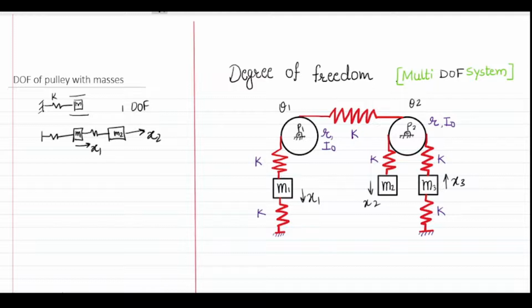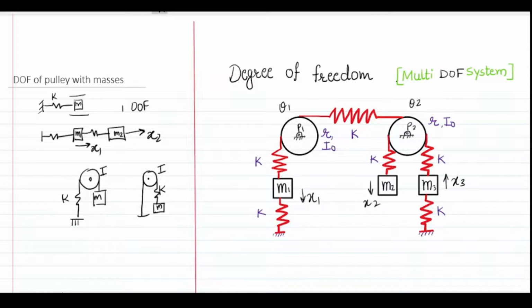If we have a pulley connected with a spring here and then a mass here, and I also have a second system where there is a string and a spring connected with a mass. The pulley has a moment of inertia I and the mass has mass m. Similarly here it is I and m. The springs have stiffness k and k. Do you think that these two systems will have the same degree of freedom or not?